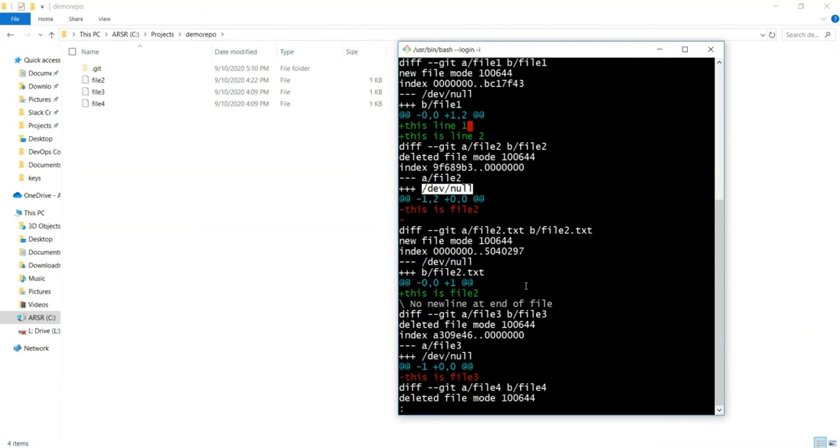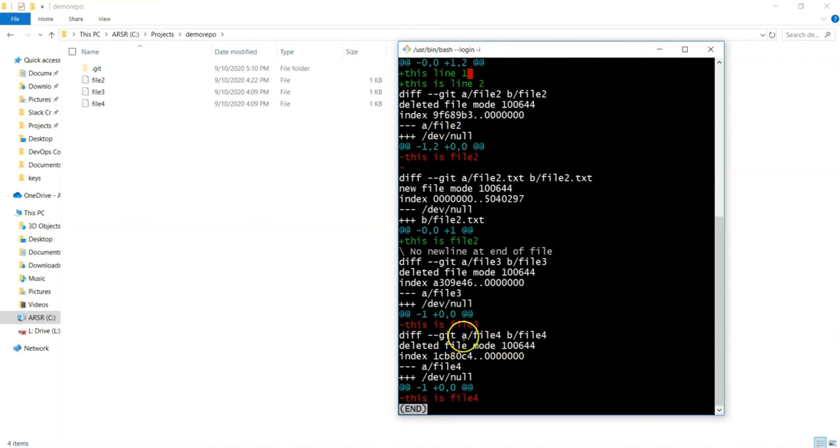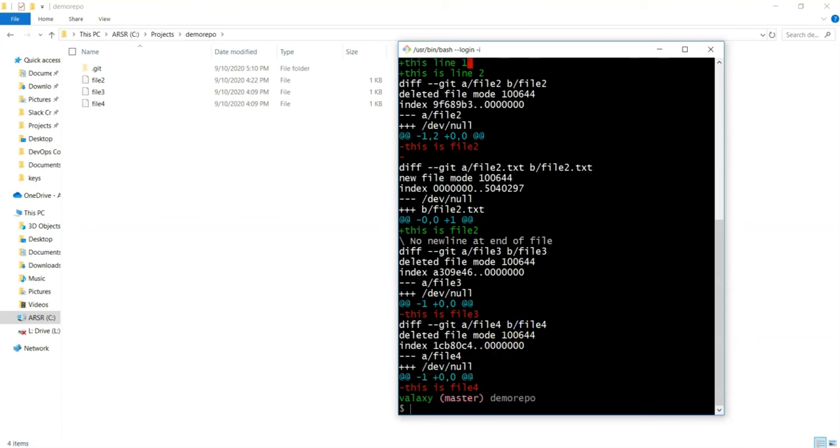Next, file2.txt, now it is not there. In the first commit it was there. Similarly, file3 is here, nothing but in this commit we have file3 but in the previous commit we don't have file3, and in the latest commit we have added this line. Let me give enter. And also file4 we have in the latest commit but not in the previous commit. That is how we can compare. So this is how we can compare which files are added in which commit.